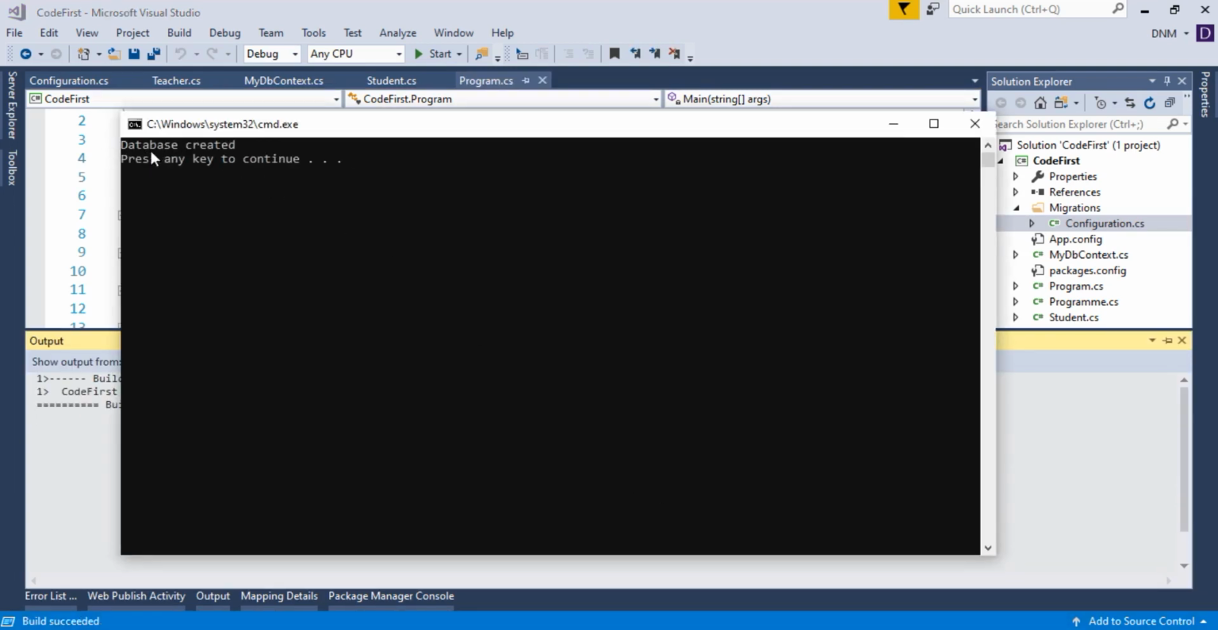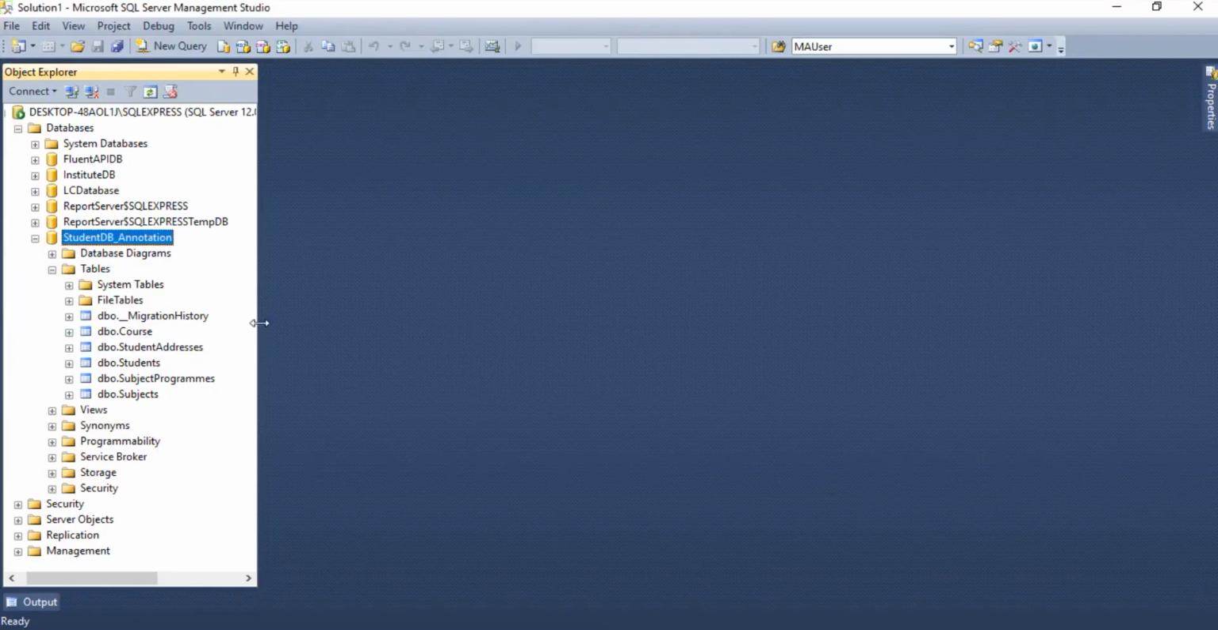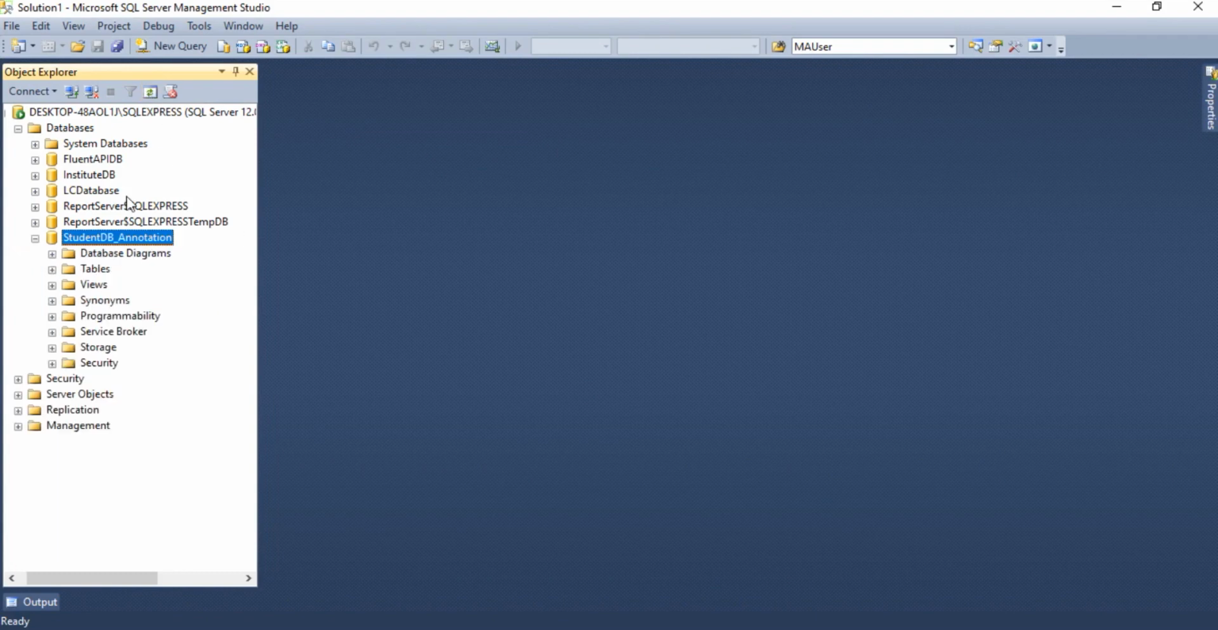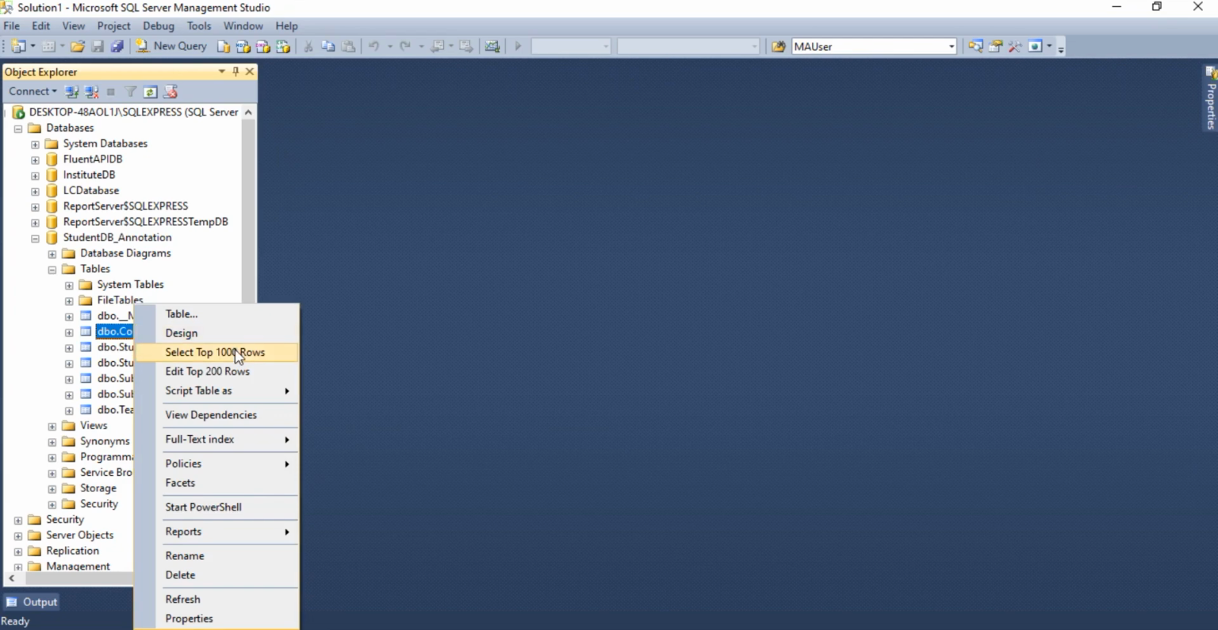See, you can see that you got the message database created. Basically, there is no exception. Okay, so let us verify it in SQL Server. So let me refresh my database. Okay, the teachers table got added, and if we check the course table, which is nothing but our program model,